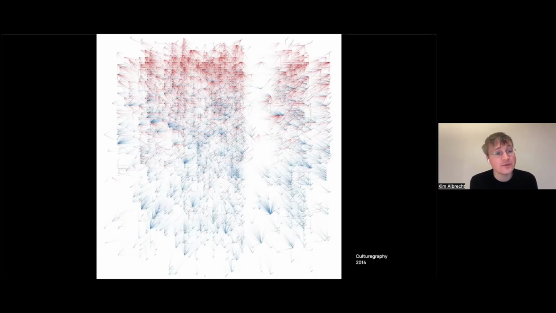And each little dot, each little icon is one movie. And then I looked at the IMDb, the Internet Movie Database, and they have references in there. So people write down if the same quote is used in a different movie, or if they have the same costume, or if a director said that he was inspired by a certain movie. And I basically mapped out that diagram and visualized this. And in cinema theory, this is known as the rise of the postmodern cinema. That's a really red part at the top. And that's an era where it became very common to reference a lot of movies from the past.